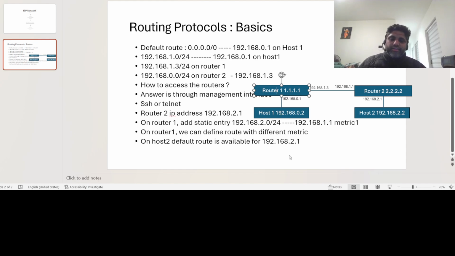Router 1 sees that the destination IP address is 192.168.0.2, which is an on-link prefix on this interface. So he checks the ARP cache, and if it's there, he'll send the packet to host 1. If it's not there, he'll resolve the ARP and he'll finally send the packet to host 1. Then the ping packets of echo request and echo reply are received. The echo request is received by host 2, the echo reply is received by host 1. Then we can confirm that this topology is working fine, and we can send TCP, UDP, all those packets for